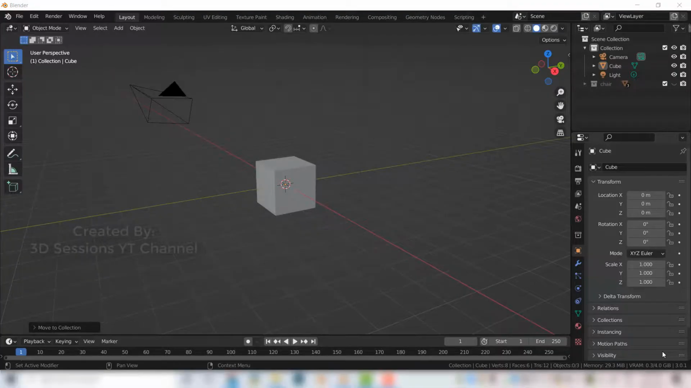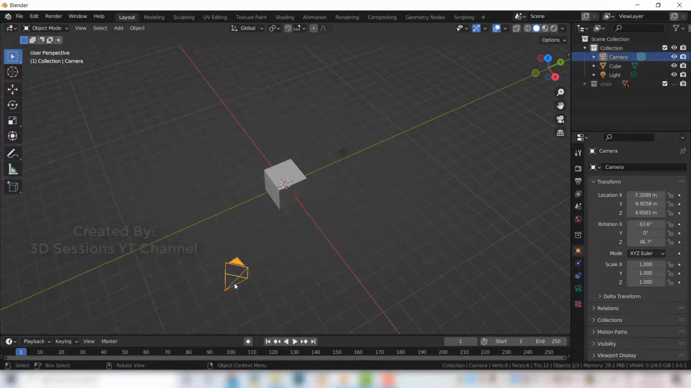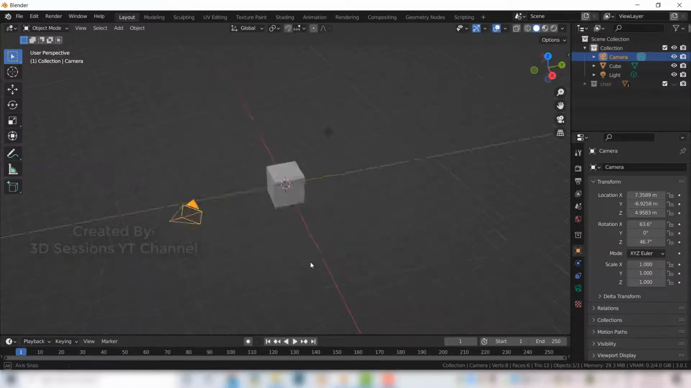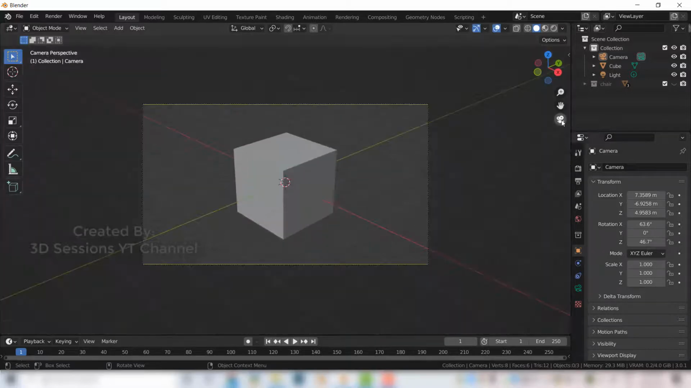Today we are going to see how to set a camera. Here this one is a default screen. In that we have a camera. So we'll set that camera only. So you can select the camera from here,